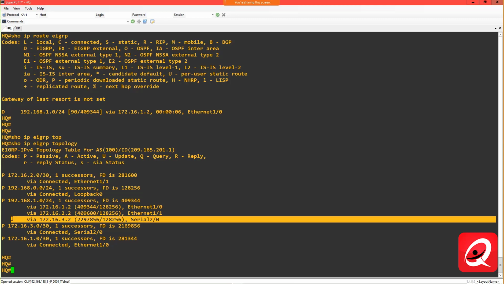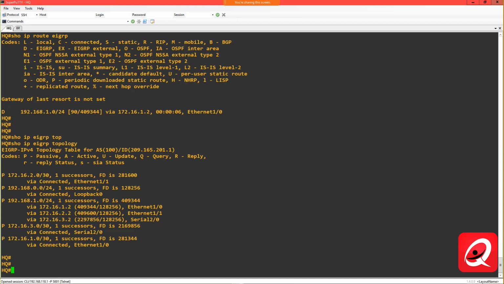Remember, for a route to be viable, the reported distance of this path needs to be less than the feasible distance of the best path. 128.256 is lower than 409.344. All right? Really important concept. In fact,